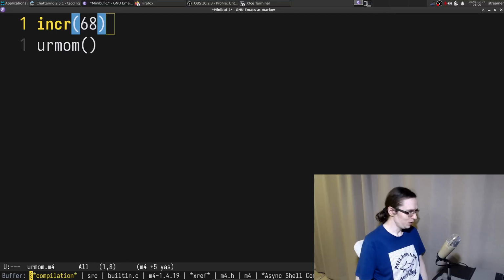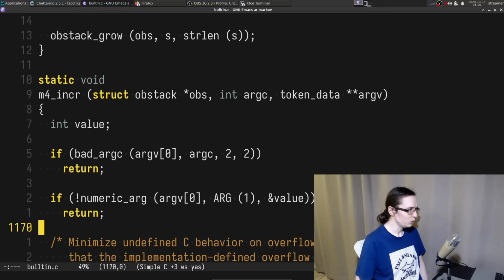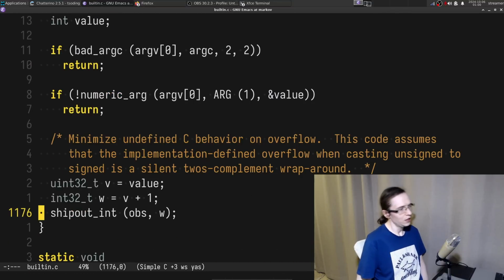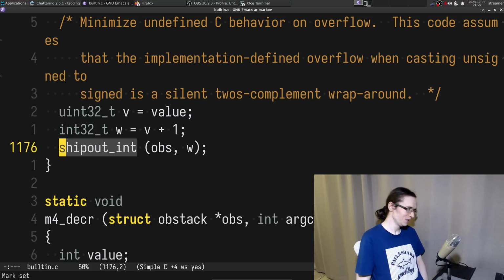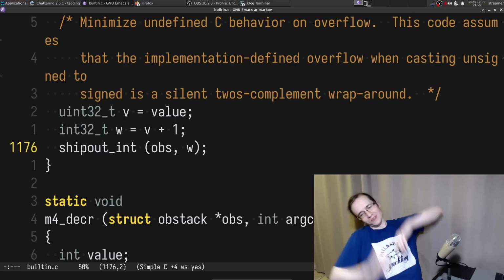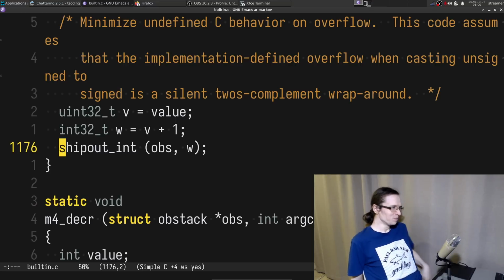So let me see what else we can do. Okay, so we have increment, and ship out. Funny name. I suppose this thing ships out the token or something like that.